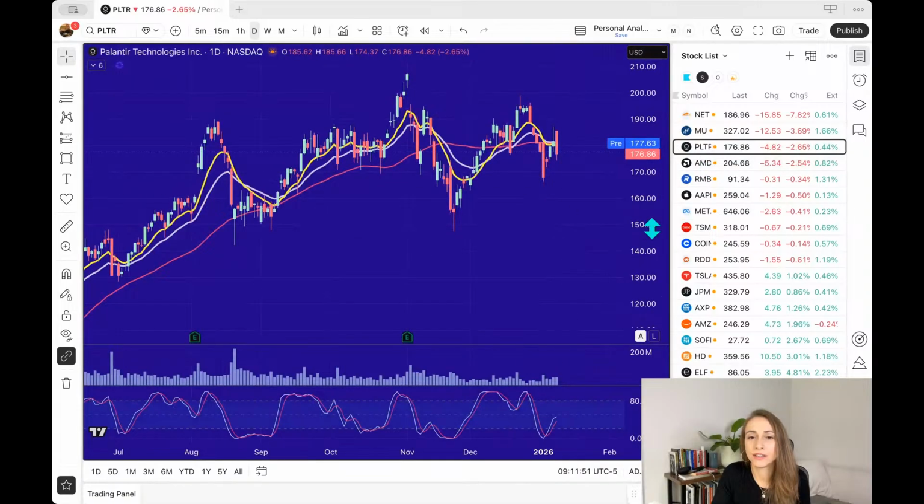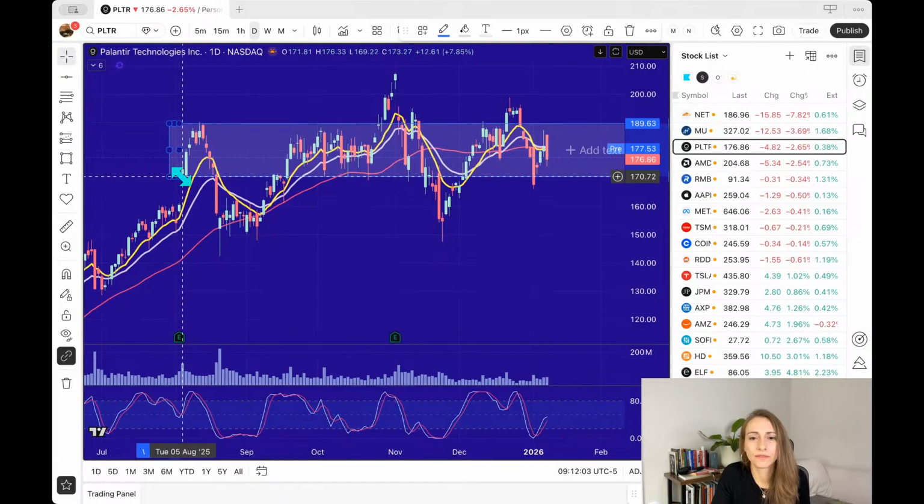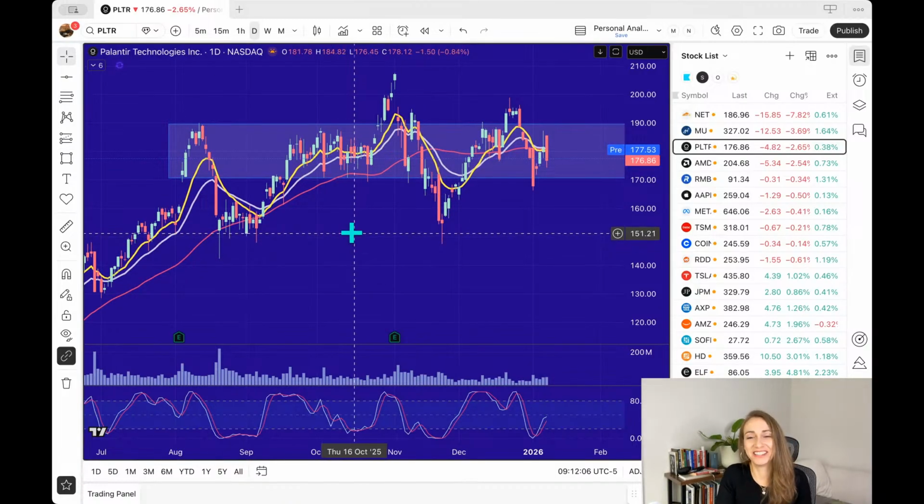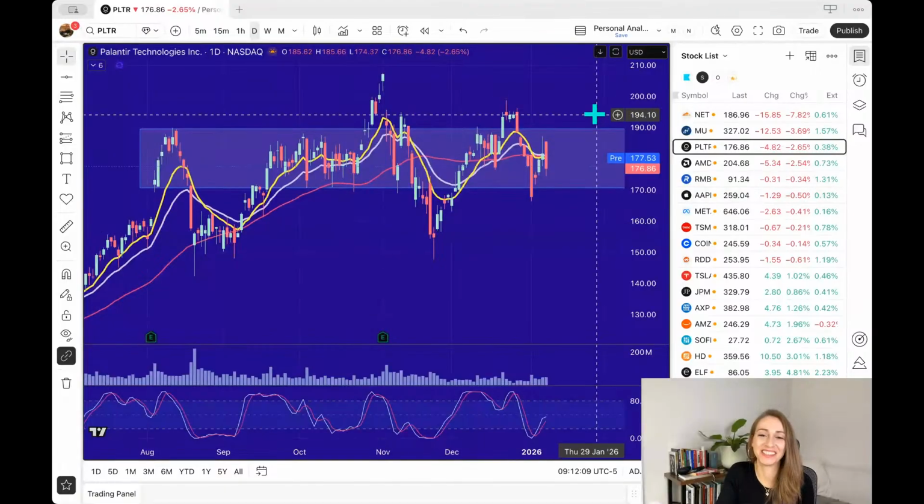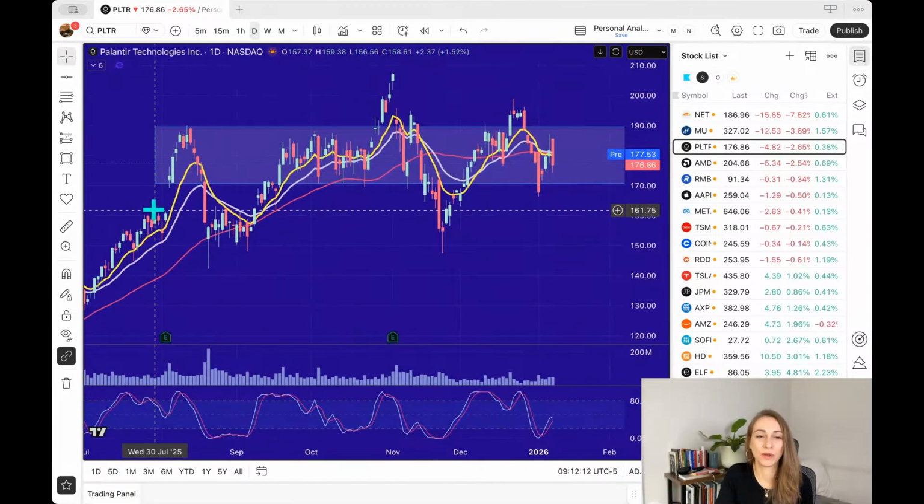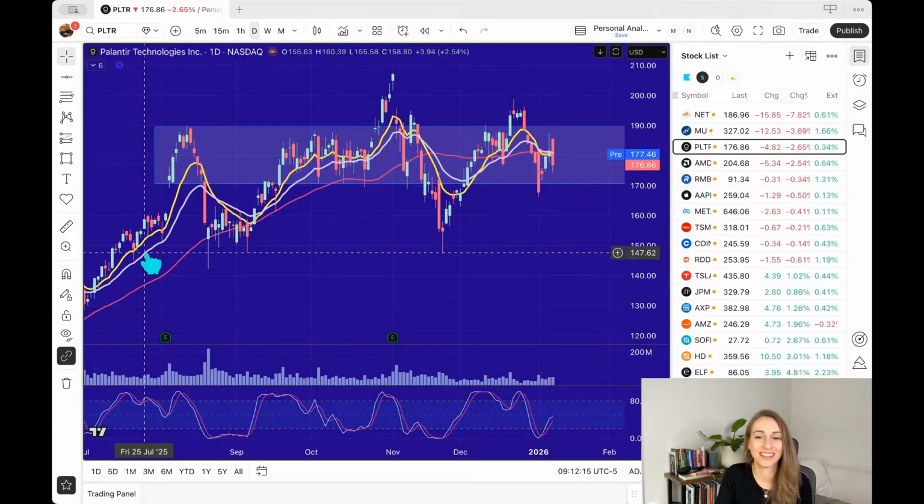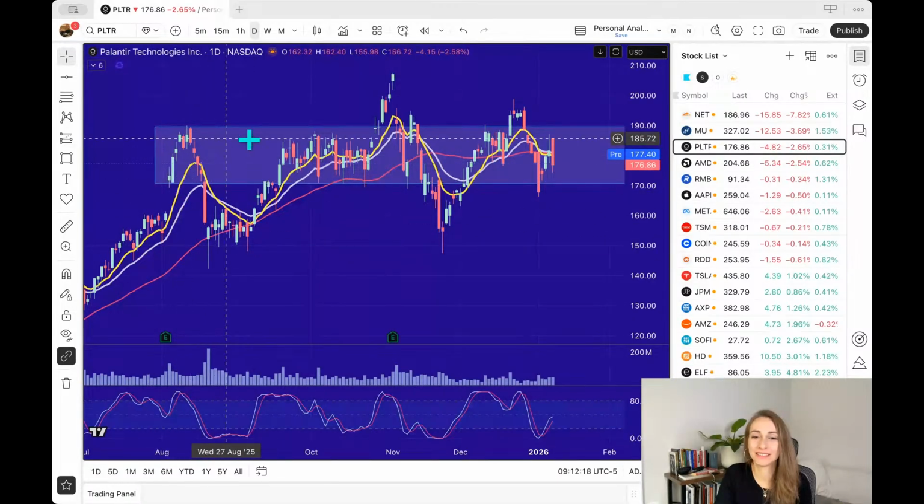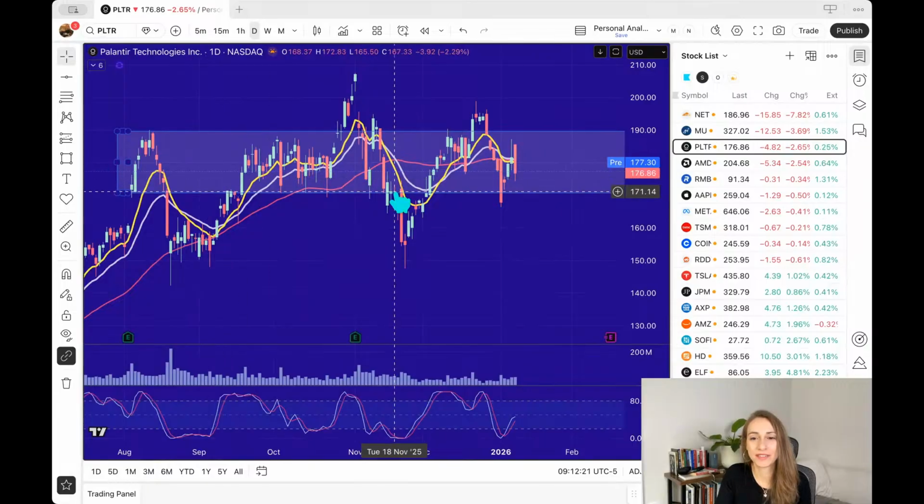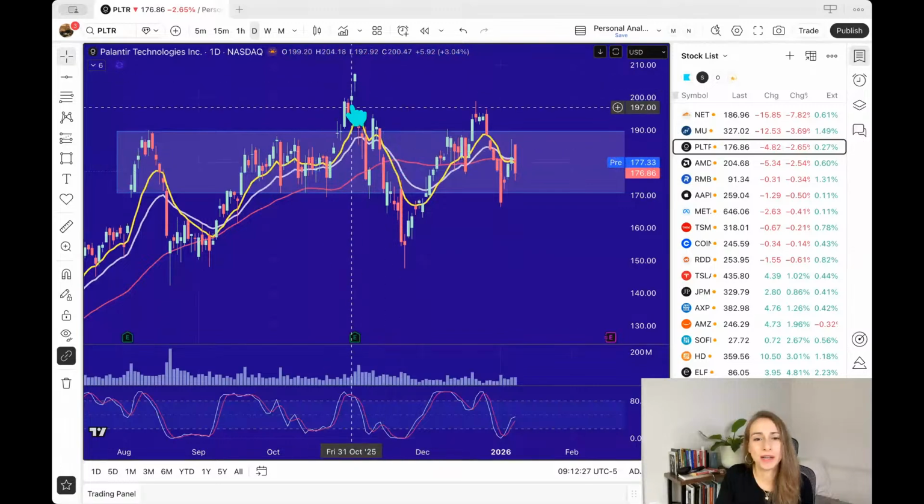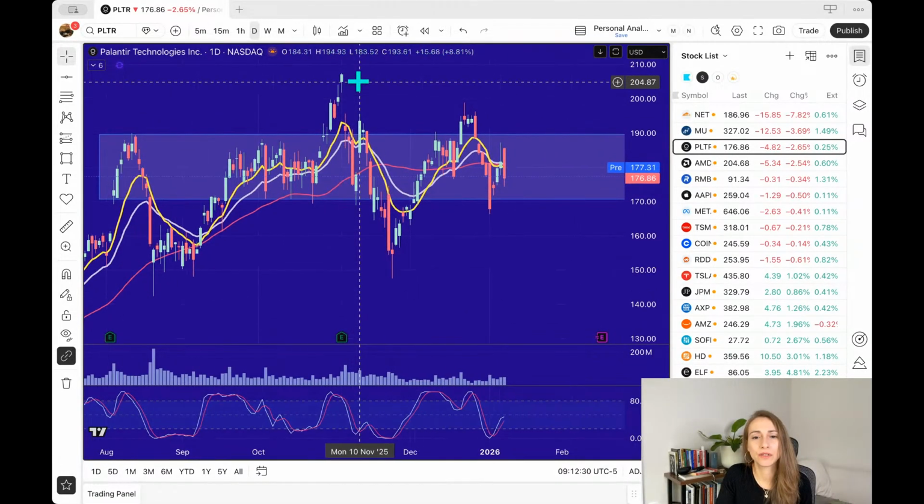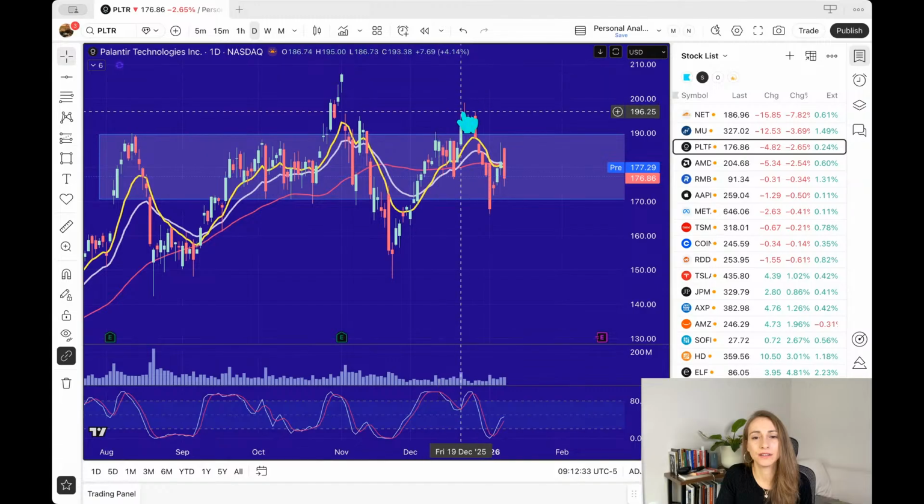Let's take a look at Palantir. This is the daily, and it's been in a bit of a range. I don't own it. After it got past, let's just say 150, it's been just up and down. So right now this is the range for Palantir, 170 to 190, and we've got some outliers here. But if you notice, just in general, we've got a higher low here,